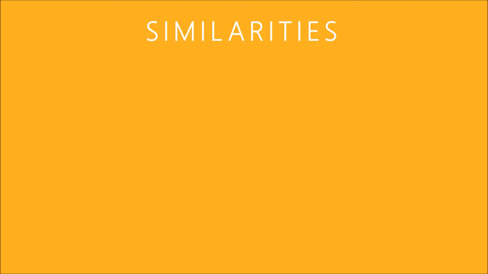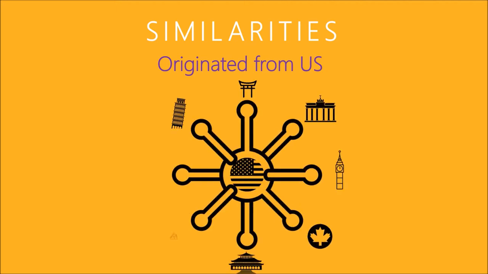Now let's march into the similarities between the Great Depression and the 2008 crisis. The first similarity is that the causes of the two crises are both attributable to the burst of the US market, the strongest economic power in the world, both in the 1920s and 2008. Because of the close economic ties between the US and the rest of the world in terms of international trade and foreign capital investment, domino effects were observed which triggered economic recession across the globe.